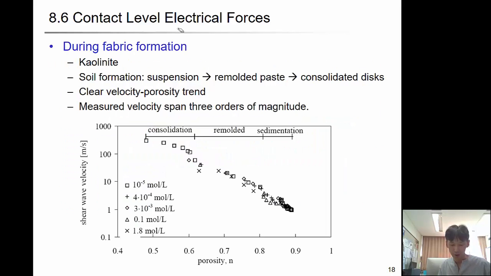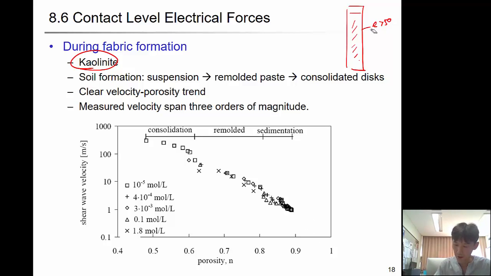And then let's think about the kaolinite. And this is the self-weight consolidation test. So you have a suspension in the long column, with a very high void ratio, bigger than 50, and you shake it and just let it sit and let it settle down. So then I think the porosity in the beginning is almost 1, so it starts from here, and as time goes by it's going to settle down, so it will be here and here and here and here, right? So then the porosity decreases with time,